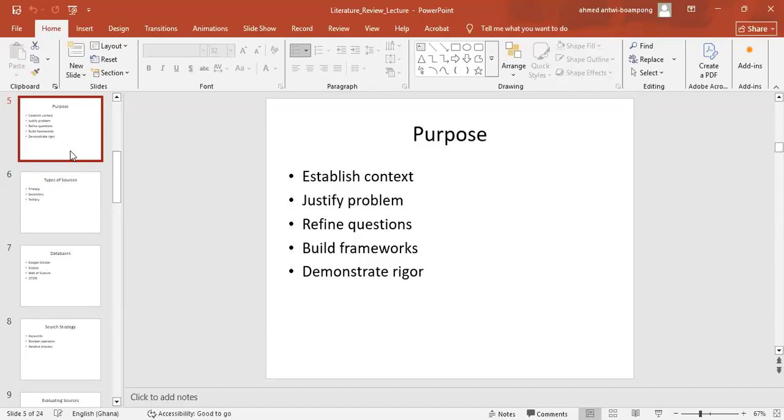And the moment you identify your gap, it will help in justifying your research problem. Because where there is a gap, then there's a problem, isn't it? So I find out that in GCTU, faculty members are not using the Zoom link and the learning management system to teach. That is my research problem. But is there a gap in literature in that area? Yes, when I went into the literature on faculty blended learning adoption challenges and why they are not using it, I found out that in GCTU,